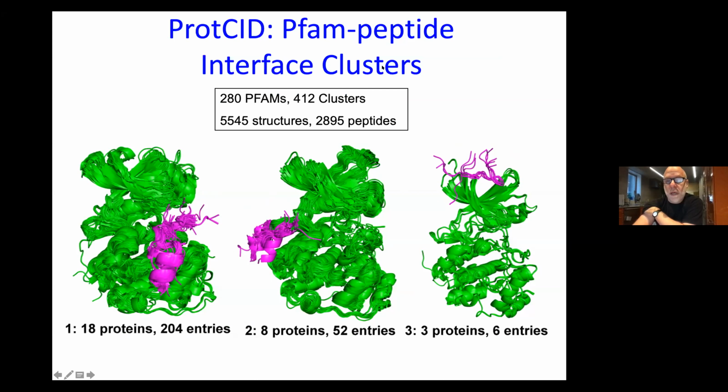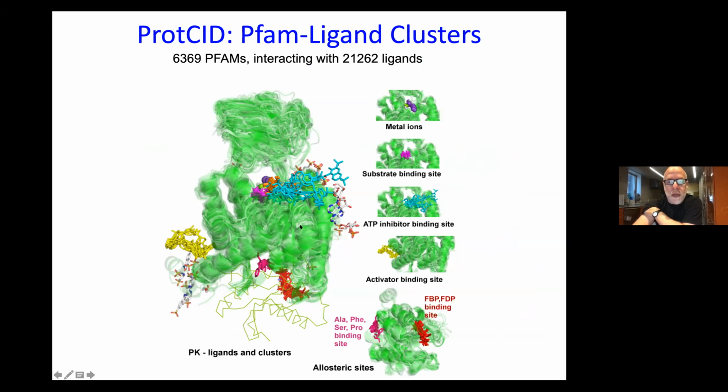We also do Pfam-ligand clusters. So this is pyruvate kinase. These are all the different ligands that bind, but we've also clustered those. And in the PyMol session that you download, you would see them. The substrate binding site, metal ions, ATP, ATP inhibitor binding site, activator binding site, a bunch of different sites that exist